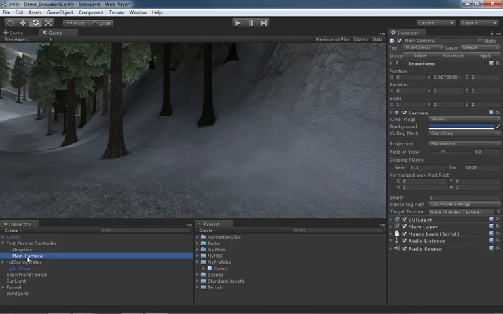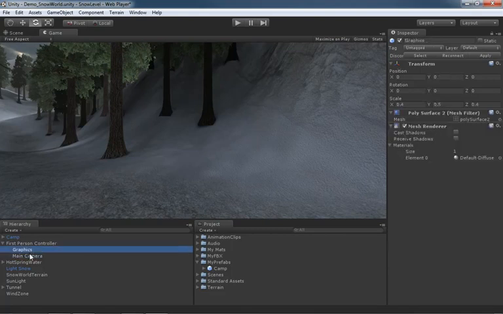In this video, we're going to take a look at the normalized viewport rectangle properties within a camera. And the way we're going to do it is actually kind of cool. We're going to make a rear view mirror for our first-person controller. Now to do this, we're going to start off with our main camera, which is already a part of our